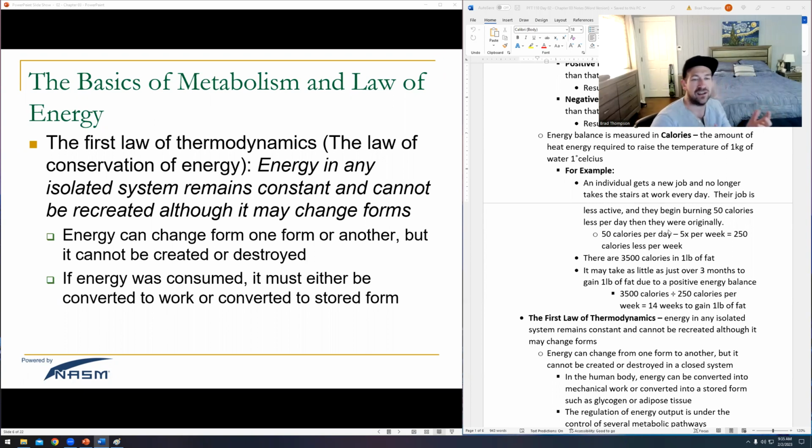So when we look at this idea of energy balance, we are looking at how much energy it takes to run our bodies versus how much energy we're putting into our bodies, right? Ideally, you think about your car, right? You put 5 gallons of gas in your car and it's going to be able to travel the same distance